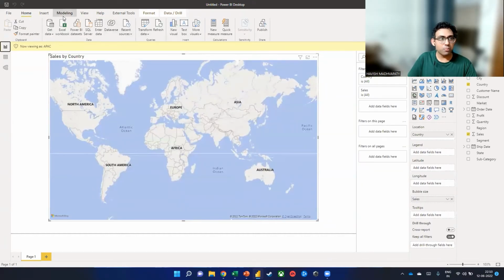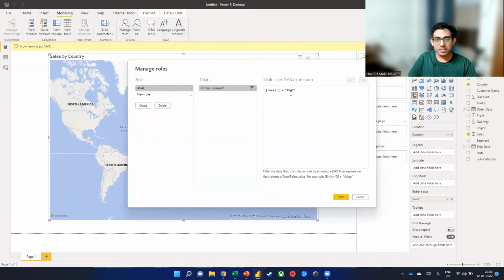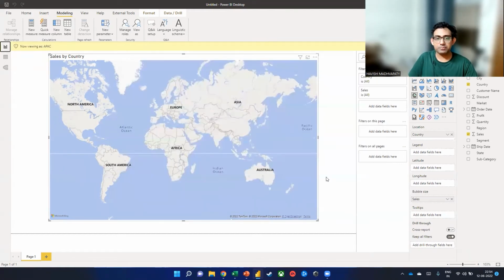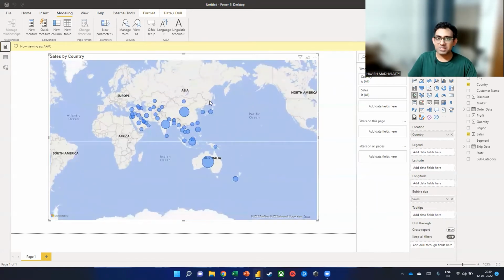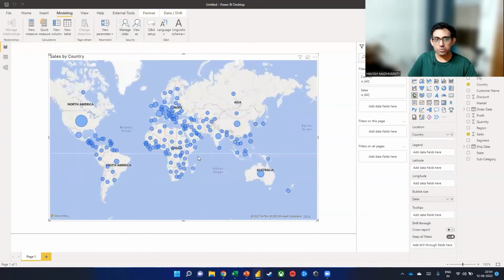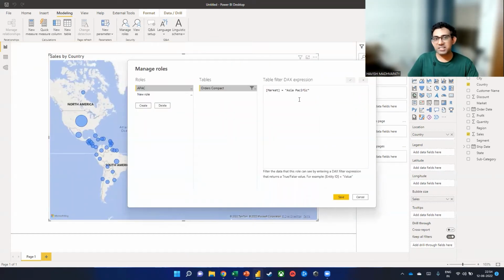So let me just go back to modeling and manage roles, and let's try to change that into Asia Pacific. Yeah, that works. As you can see, working perfectly. Let me go back to manage roles. Now, how the DAX expression works is that it will filter the data as per the expression, and it will return a true or a false value. So you can add as many conditions as you want, but it has to be a result of a true or a false value. For example,